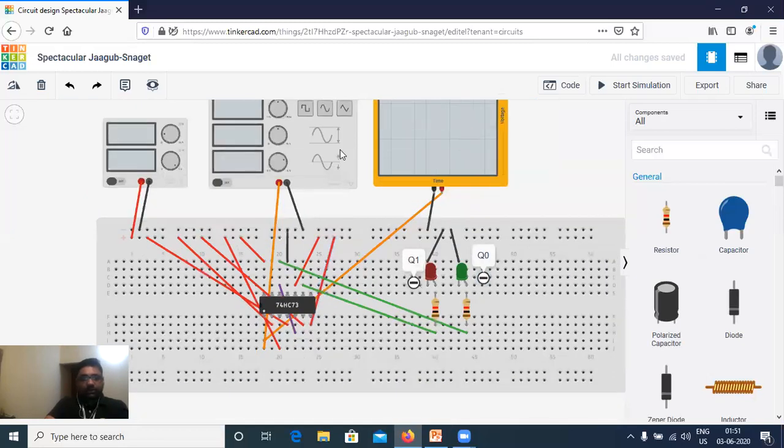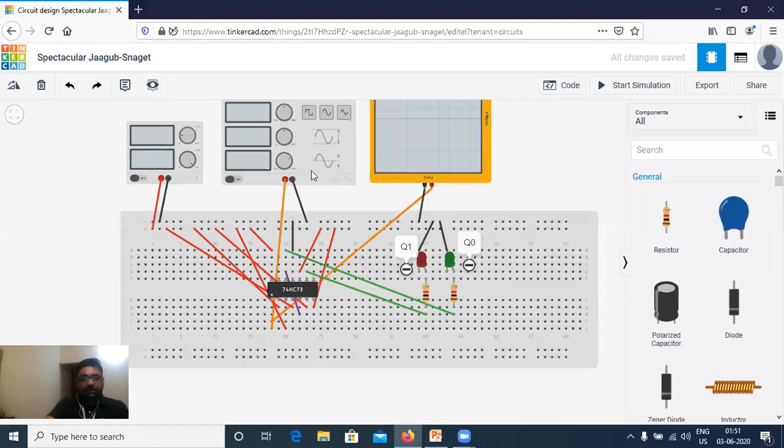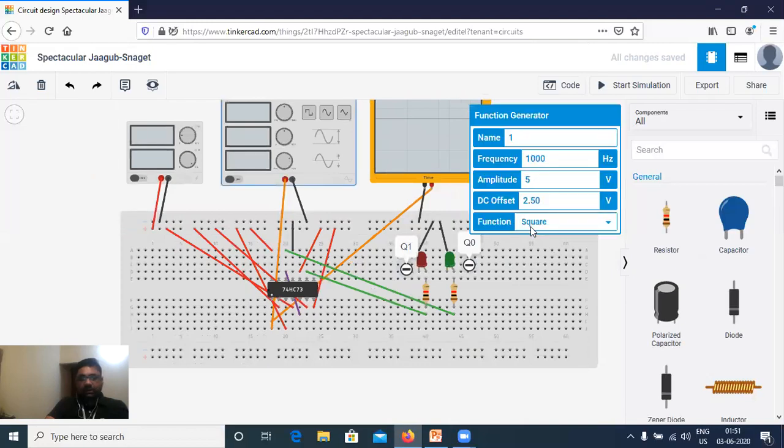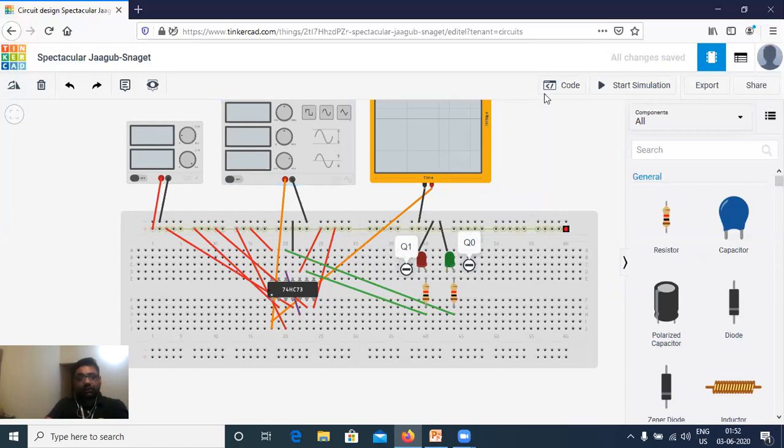Then we have to configure this function generator. So I'm clicking here. Here it will be 1 hertz. Fine. And it is already square, everything is fine.